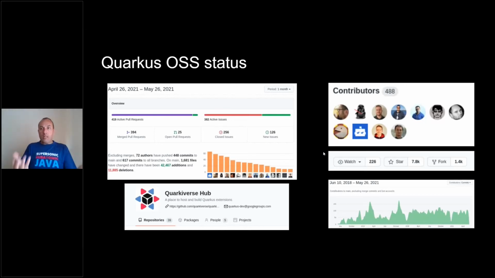And there's another idea called Quarkiverse, where a lot of people and companies are providing tools, libraries, and extensions that are compatible with Quarkus. So apart from the extensions coming from the core, you have other extensions that other people are contributing to the Quarkiverse. So I would say there's a lot of engagement in this project.